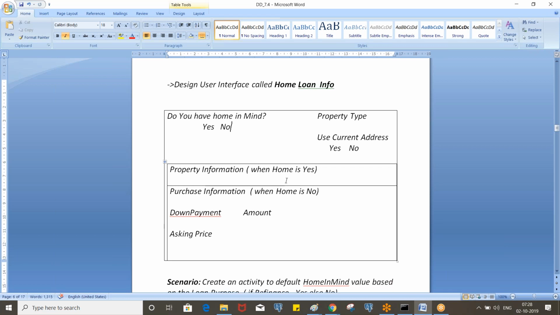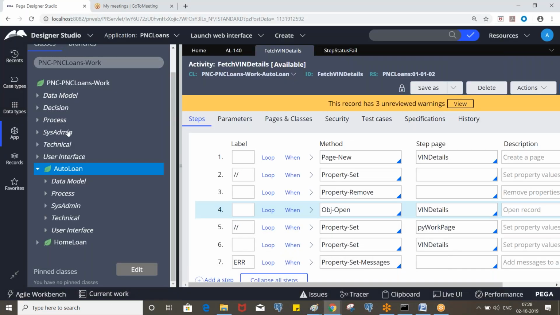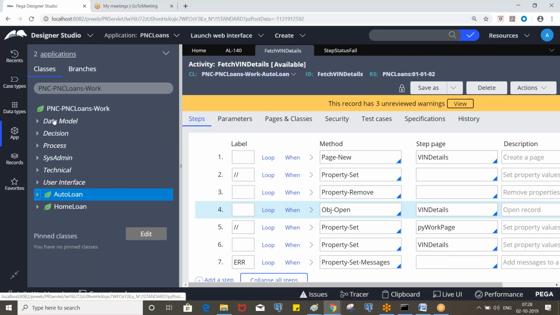I think we missed the property type property in the loan details class, so we need to create that. We already created the loan amount, asking price, etc. in the loan details, right? So there, you create one more property called property type, which is what kind of property it is.